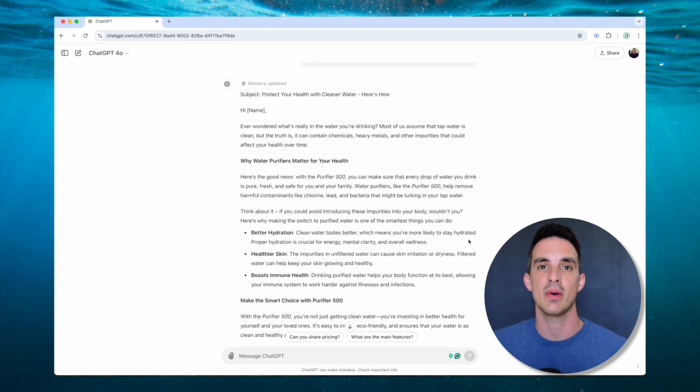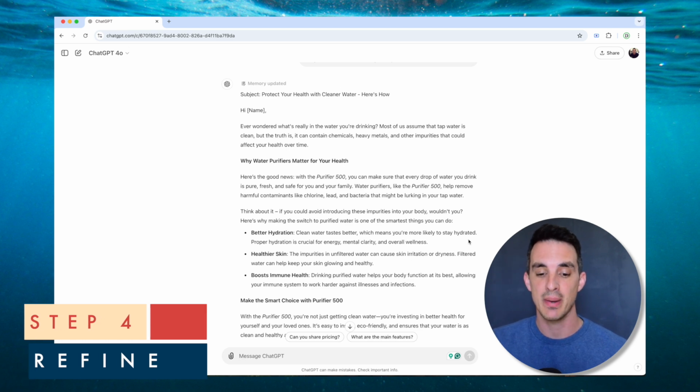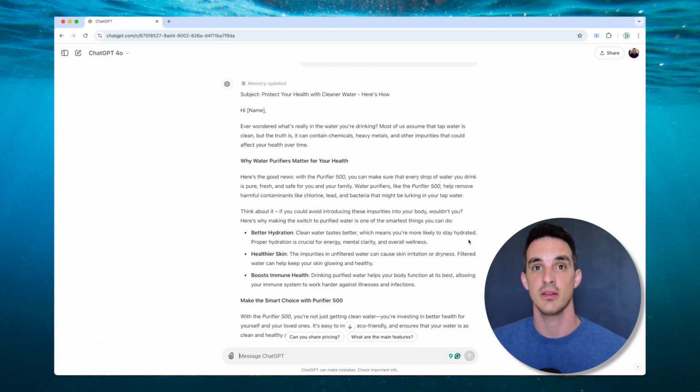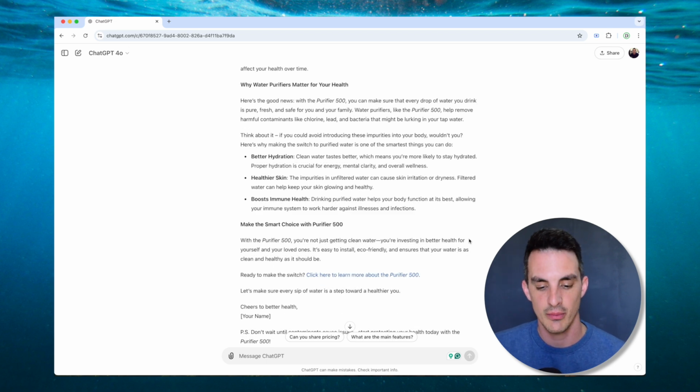So what we can see now is that ChatGPT has given us a response. So step 4 is to refine your output. ChatGPT is going to remember everything within the conversation that you're in. So what we can do is we can ask it additional questions to refine this output better, to refine the answer that we want better. So we could look at this response and we could say, for me, this is a little bit long and I would like slightly different benefits to drinking water. So I could ask ChatGPT to make this shorter and